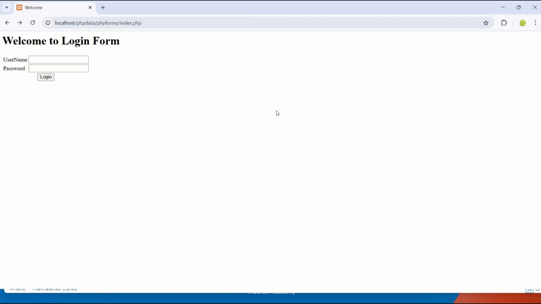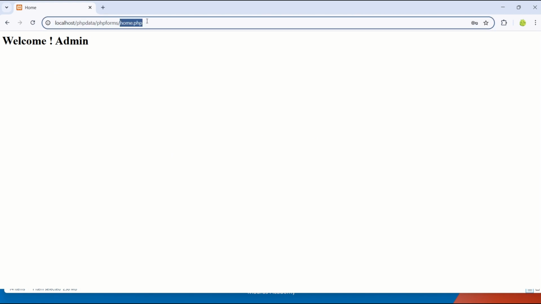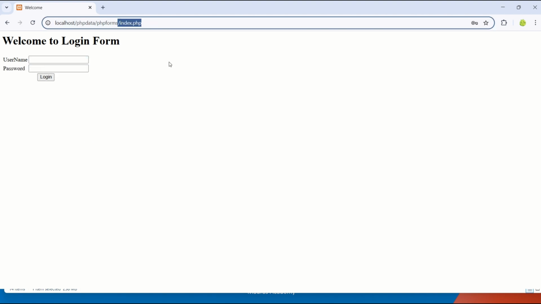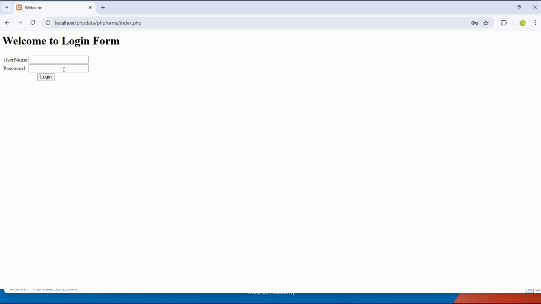Now we'll see the output for this. Admin at 123. If it is a valid username and password, it will redirect to the home page. And if it is an improper username and password, it will remain on the same page. So now for admin at 123, it will redirect to the next page, and here we have to